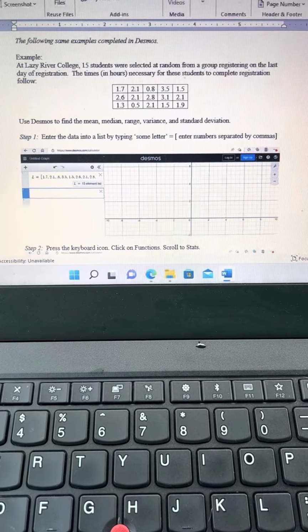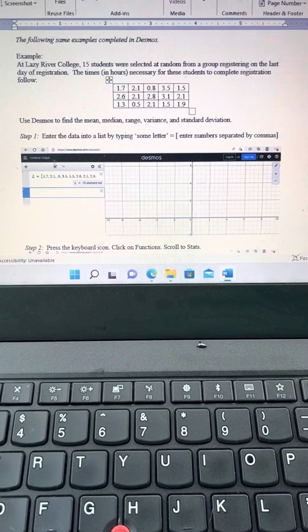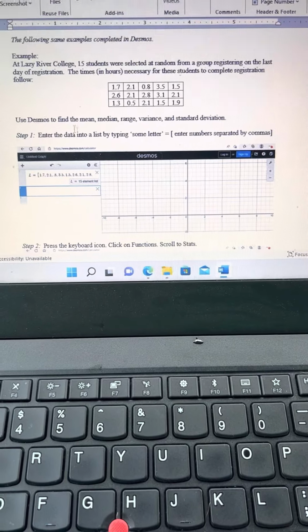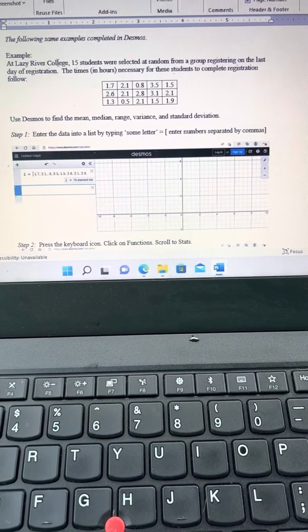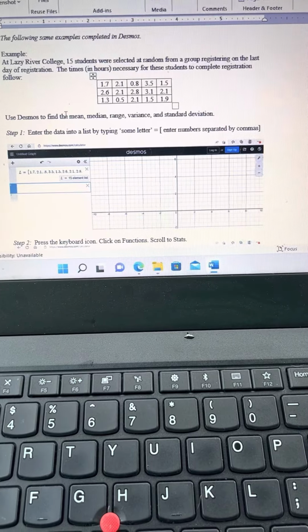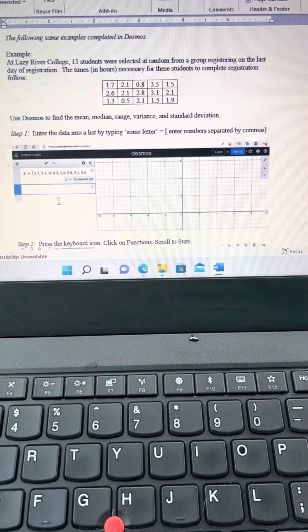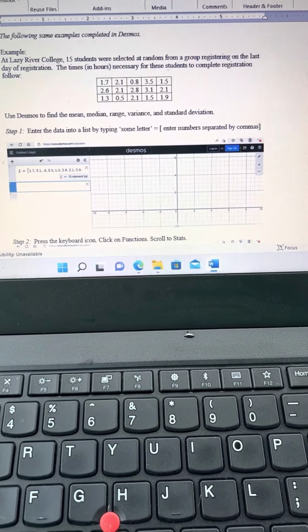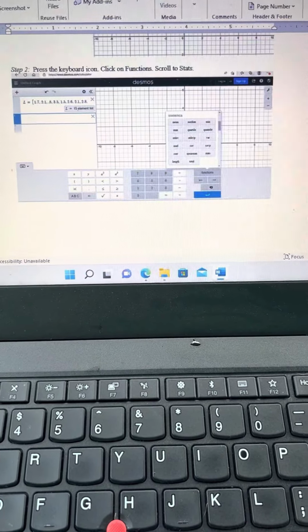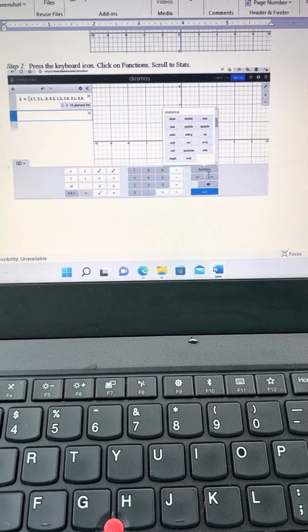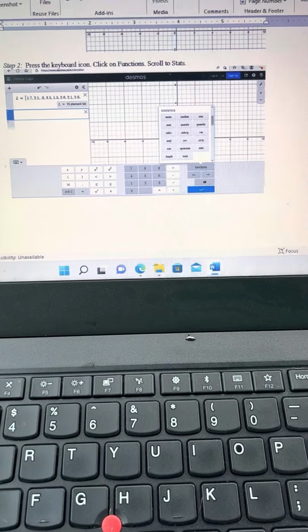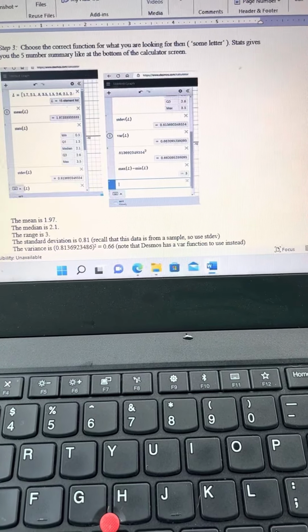So I added basically the same thing for Desmos, and this shows you the exact same problem as what I just showed you on the calculator, except this is what the Desmos screen will look like. So you type in your list, and then you have to choose under your functions and statistics whatever you're looking for, mean or median, and